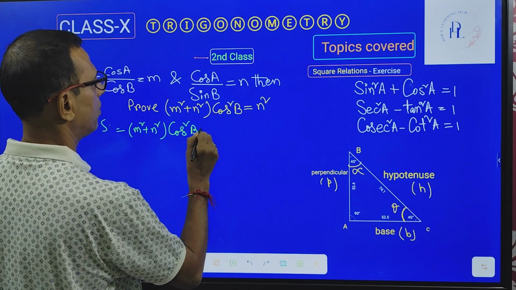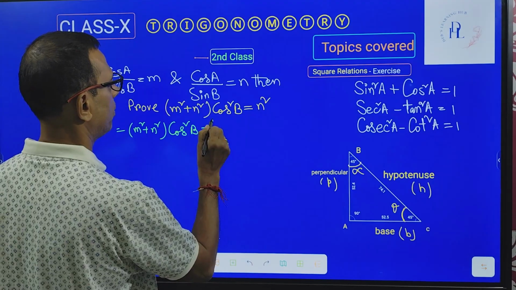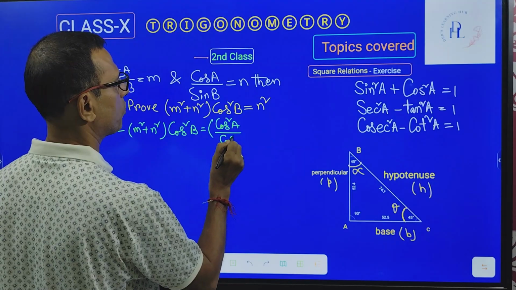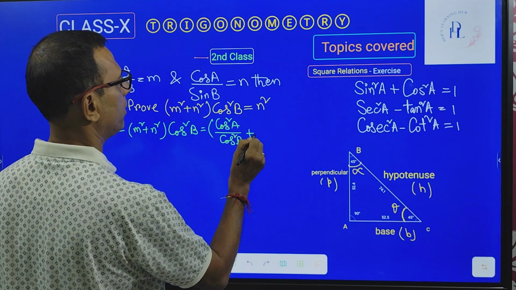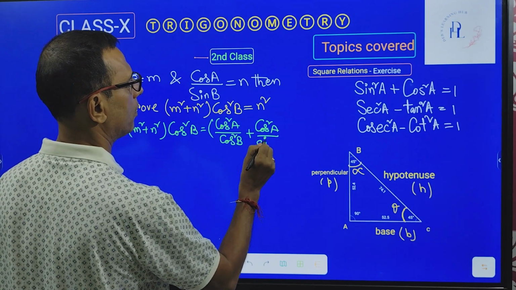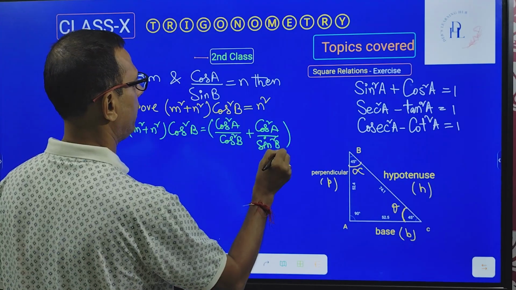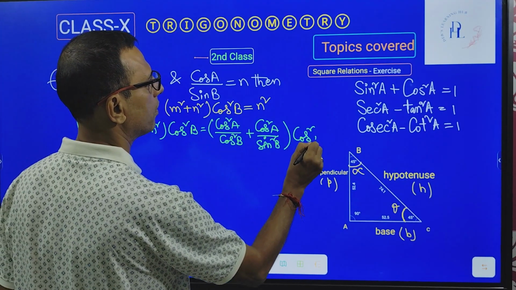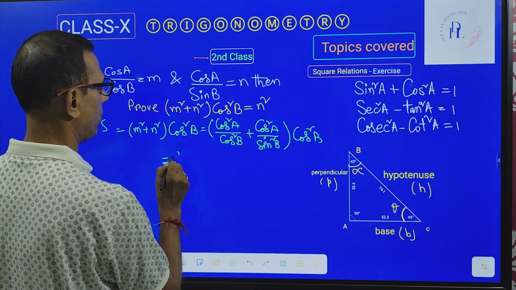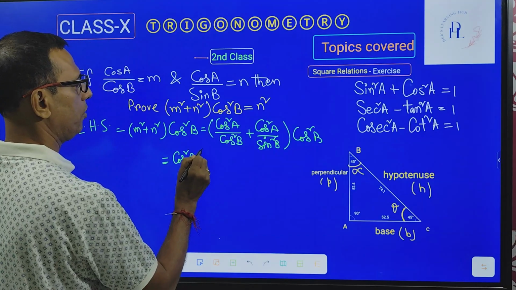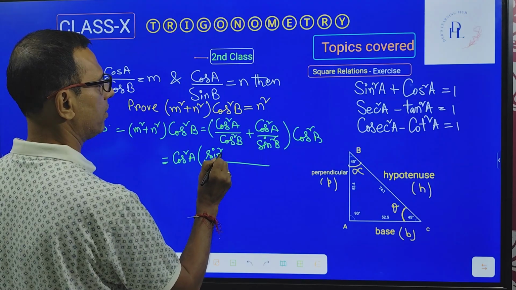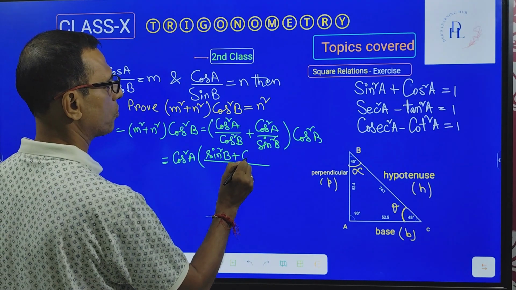You just square it, so it will be cos square a by cos square b, m square, and then n square is cos square a by sin square b, and then into cos square b, right? So now if you take cos square a common from these two, so what will happen? Cos square a into sin square b, and then you add sin square b plus cos square b